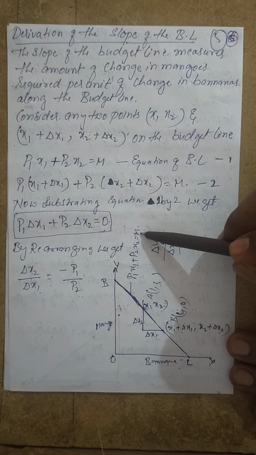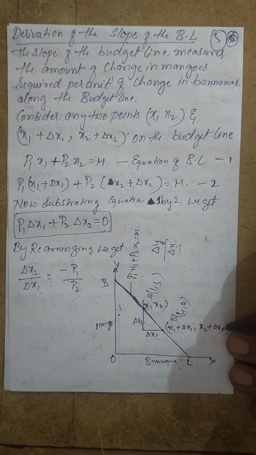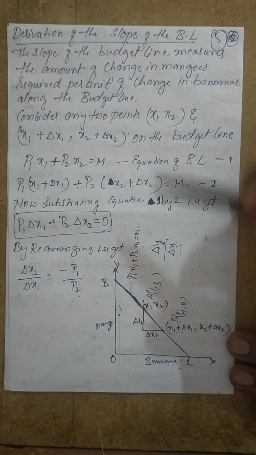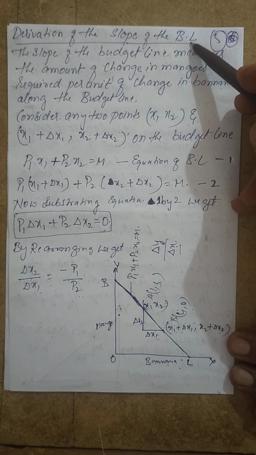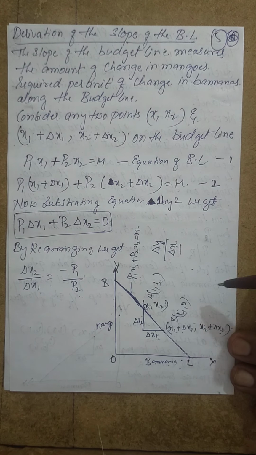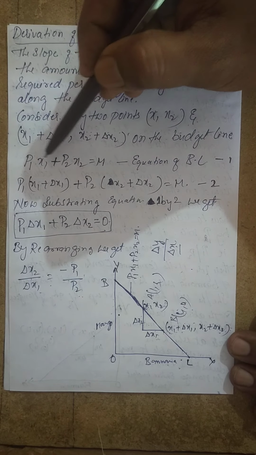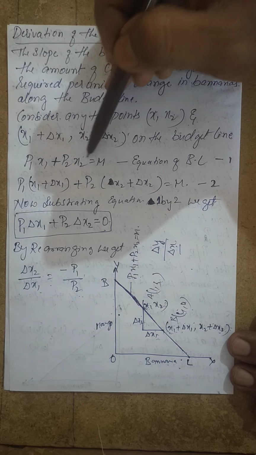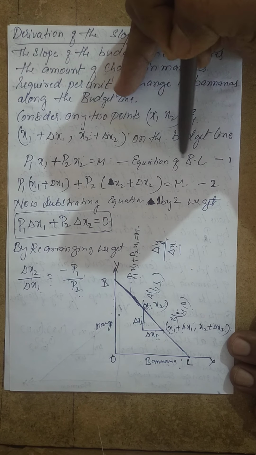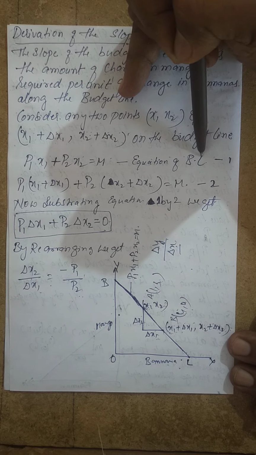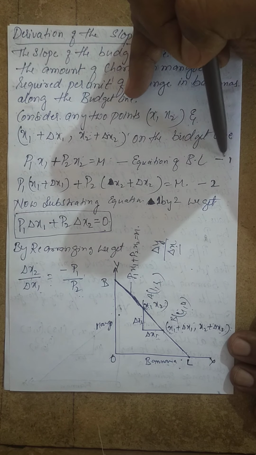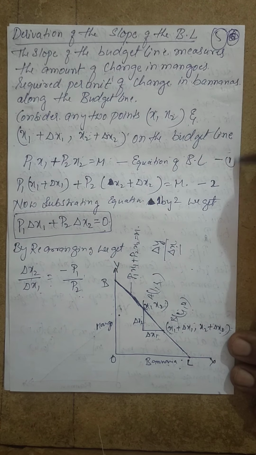So taking this equation and equating with this equation, you are going to get one equation which is called the slope of budget line equation, okay. So let us see how it is. So now taking P1 x1 plus P2 x2 is equal to m, which is again the equation of the budget line, and considering this as equation number 1,